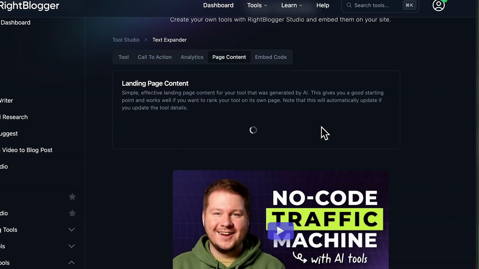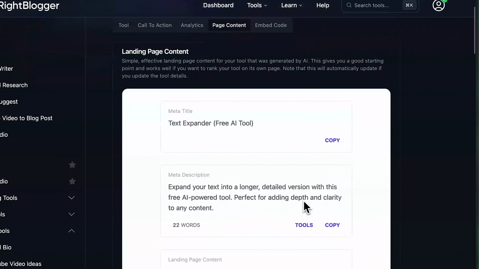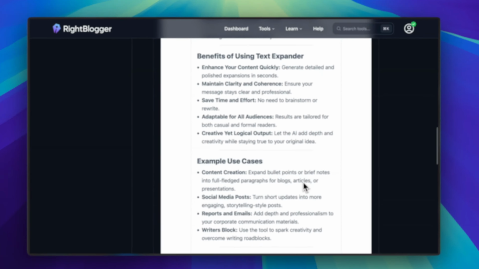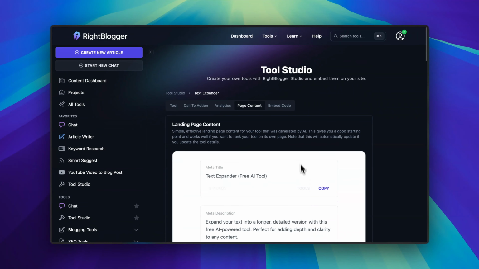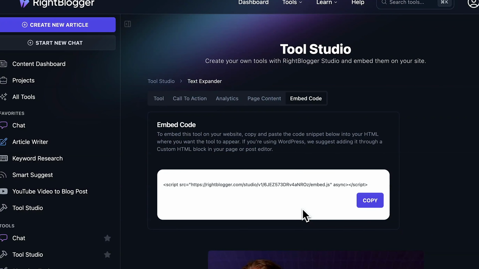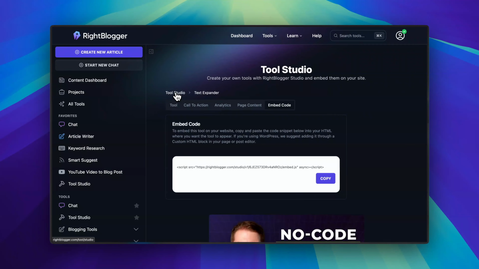And if you also are building out a page on your site dedicated to the tool, which we recommend, you can use the landing page copy generator. Like you can see here, it's generating landing page copy. It should come up here in a second. And you can see it made a meta title, meta description, and all of our landing page copy that would be good with this tool and explains why people would want to use it. And then, of course, the most important thing is the embed code. And this is the code that you'll actually use on your site to embed it. And if you need any help or anything like that, feel free to reach out or check out our help documents. So let me go back to Tool Studio and we'll talk about the second example, and that is brainstorming